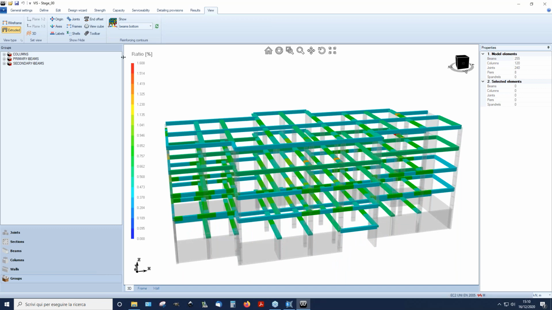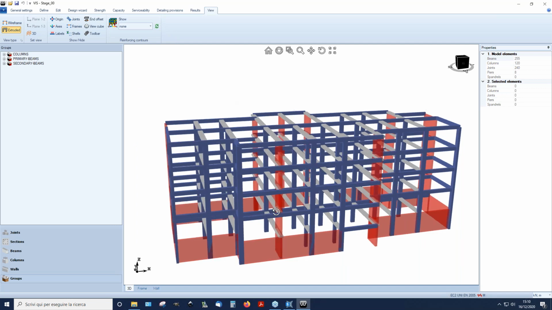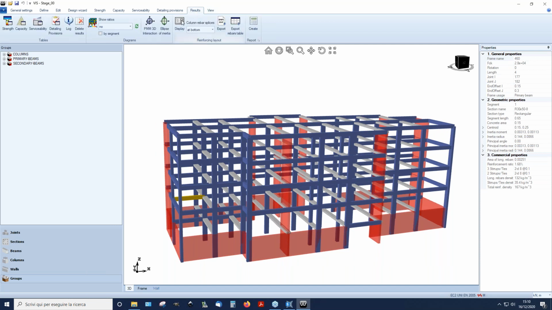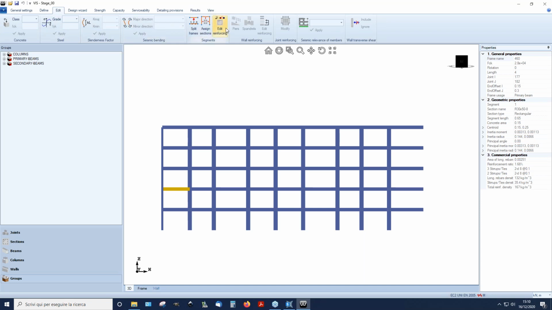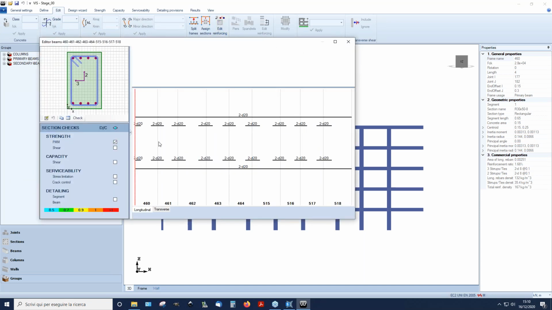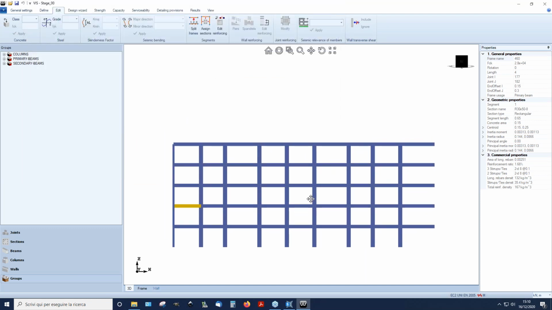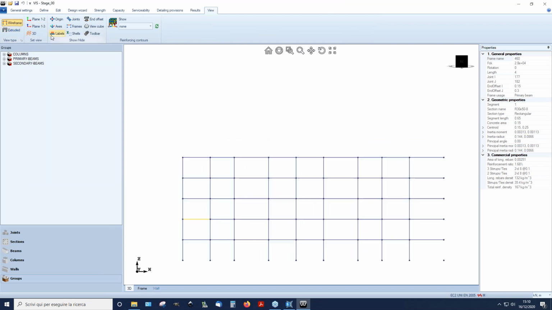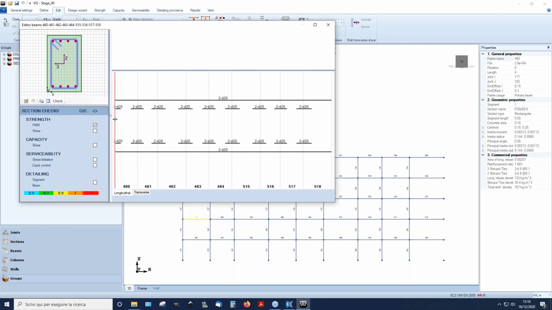So we can look at the reinforcing using this useful colored map, but we can also, as we saw before, select, for example, a beam row and take a look at the reinforcing using the reinforcing editor. So these are all the different spans of this column row. Let me turn on the label. Okay. So let's go back to the reinforcing editor. So this is the first span, second span, third span, and this is the reinforcing that the program has designed